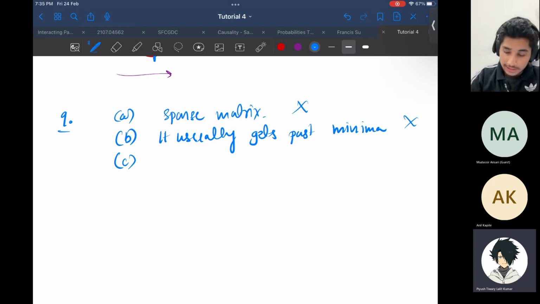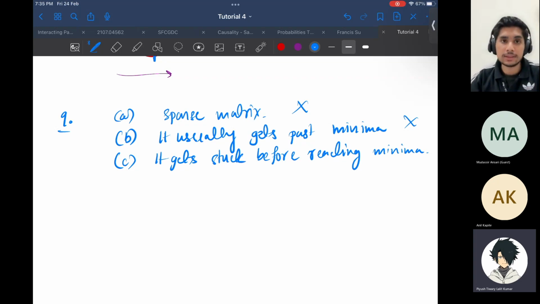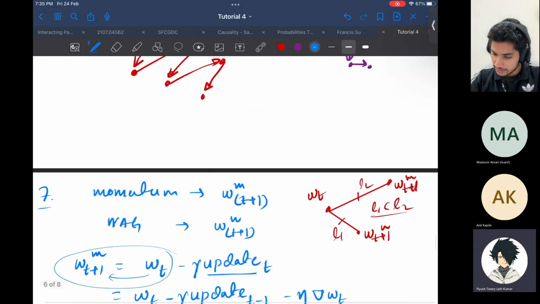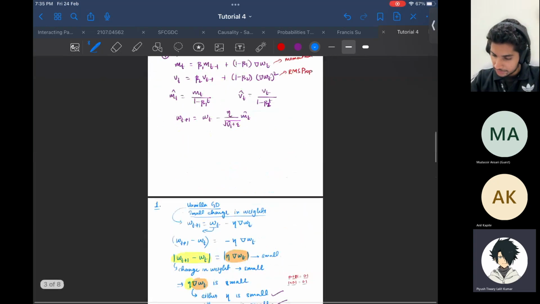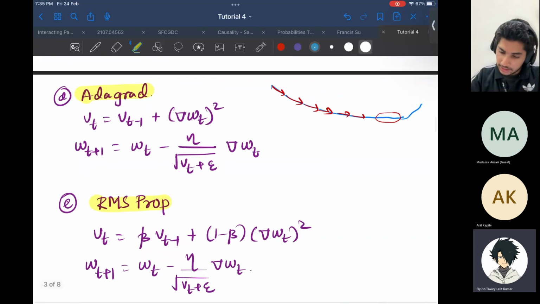So there is a C option. It says that it gets stuck before reaching minimum. So this is a reasonably correct answer. Why? Because if you remember the AdaGrad update that we discussed, this was the AdaGrad update. You can see that